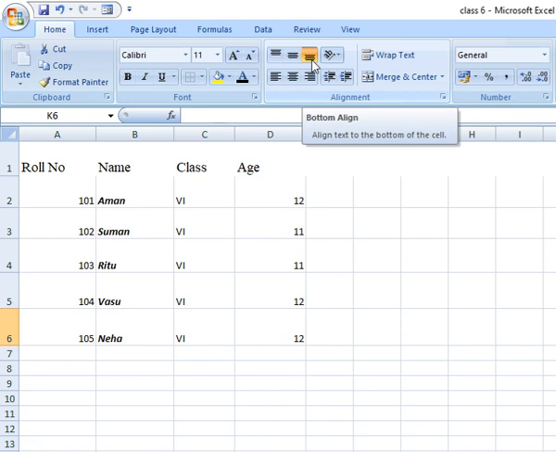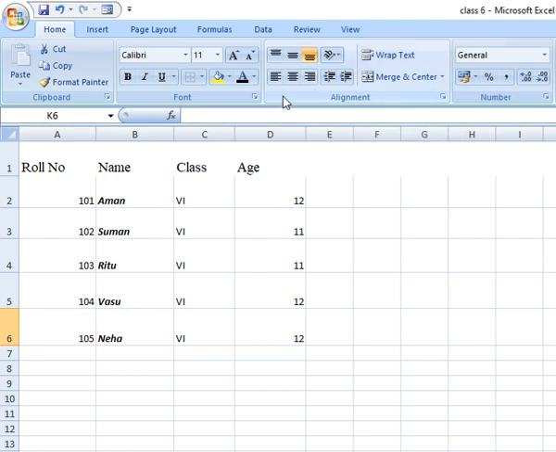Next comes the horizontal alignment, which includes the options like align left, align center and align right. So we can move the cell content either to the left using the left align option, or to the center of the box using the center alignment, and with the third option, that is align text to the right, we can align the content to the right of the cell. By default we have the align right option.